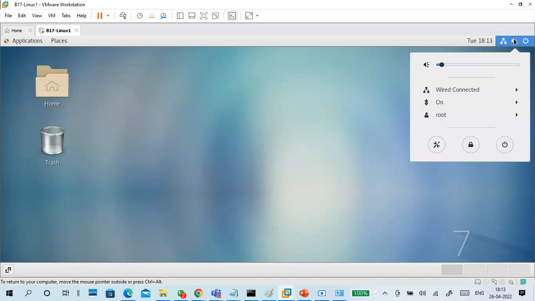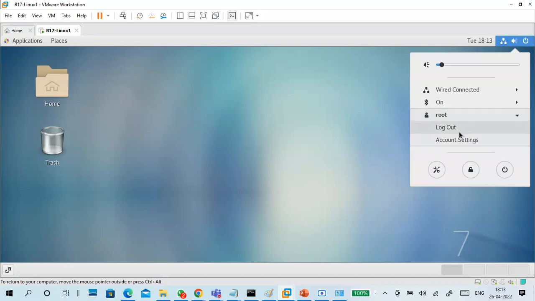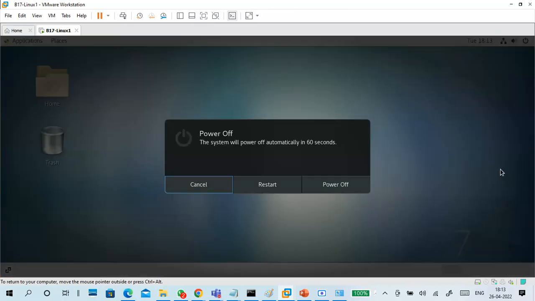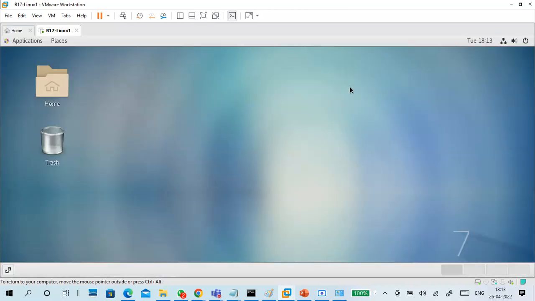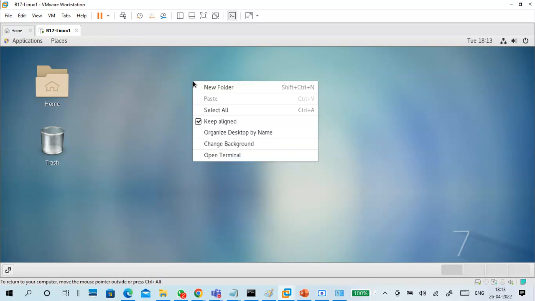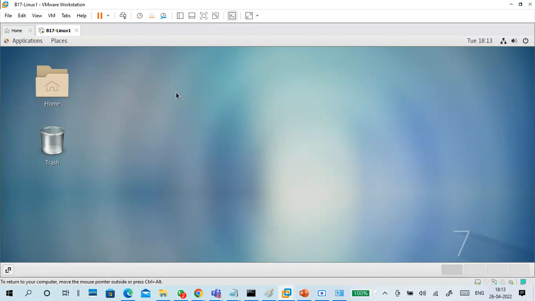Root, you are currently logged in as root. Sound, this is network, Bluetooth, this is the root user. Sign out and account settings, this is for power off. Right click if you want to restart or power off. Right click on the screen, go to open terminal.